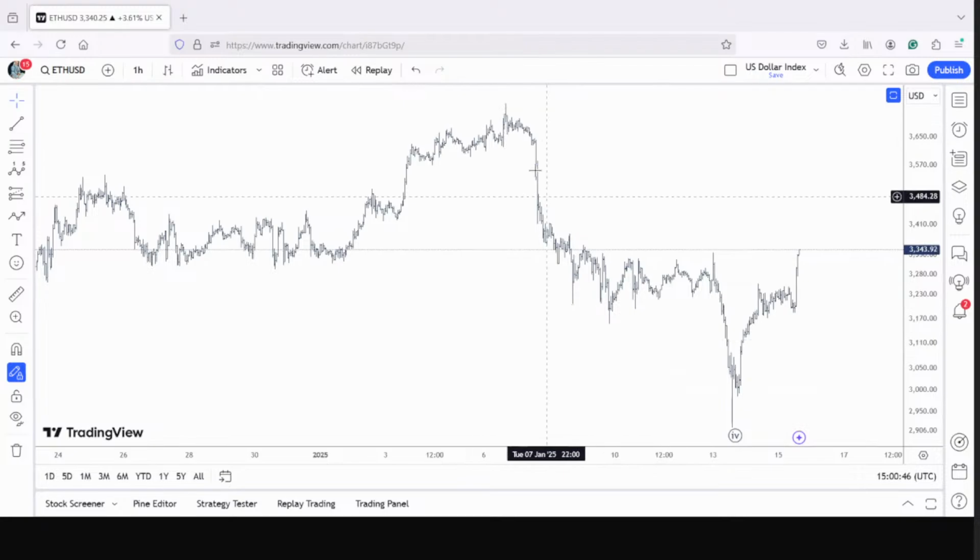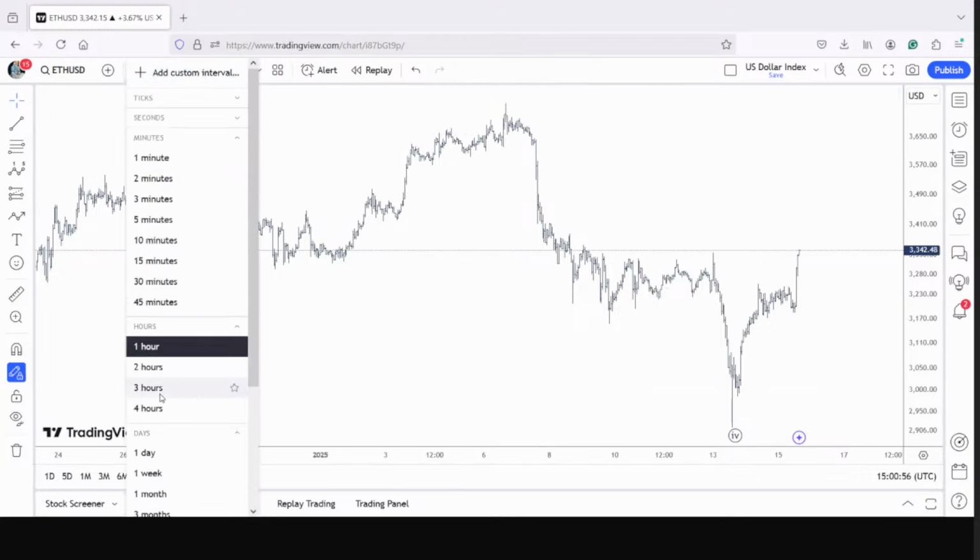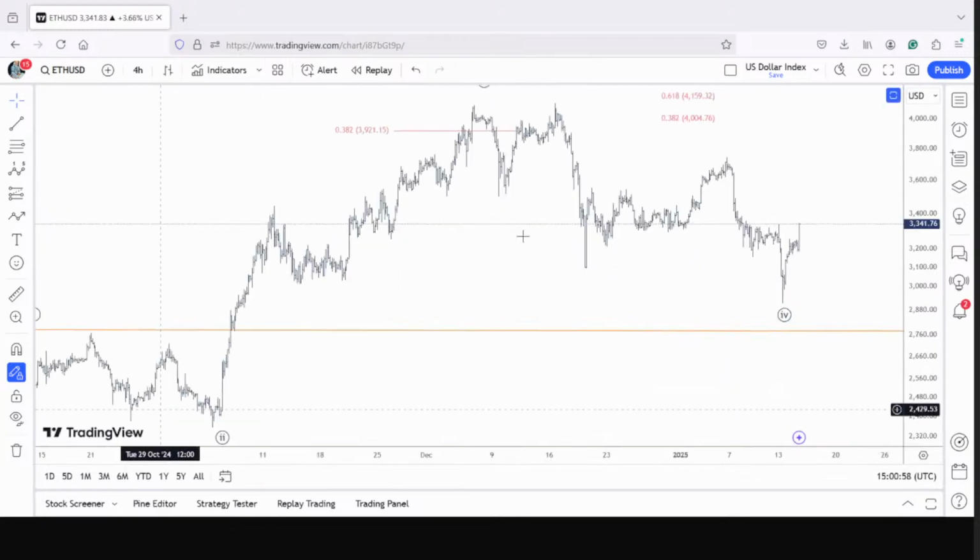And I'm still skeptical on the drop here. It looks like 1, 2, 3, 4, and 5. That's an impulse. So if this impulse is again a corrective wave of the larger degree, we are still good. But if it's not, then we've got to be very careful. That doesn't mean that we are ruling out a new high. We've got to look into both sides.